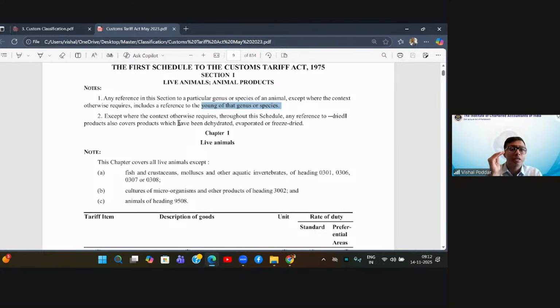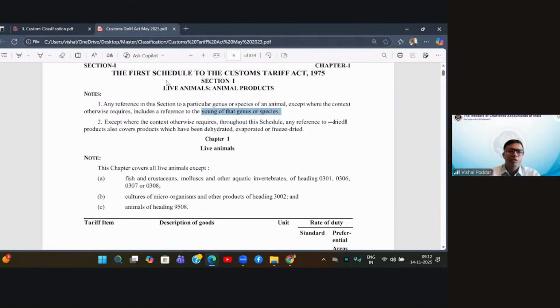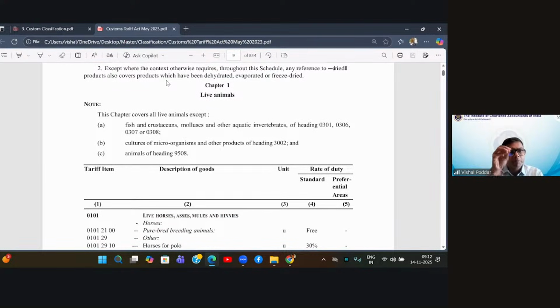See, this is the importance, the relevance of these notes. They are given to you to understand what will or what will not be covered in that particular section or chapter. Similarly, if you read a chapter note, now see, section notes are more generic because I have to speak about all the chapters covered in that section. When you read a chapter note, it is very particular to that chapter. What it says, this chapter covers. So either the chapter notes will say what it covers or it will say what it does not cover.